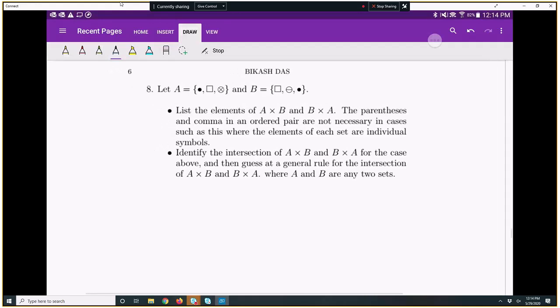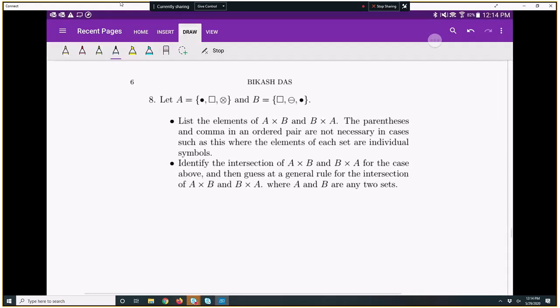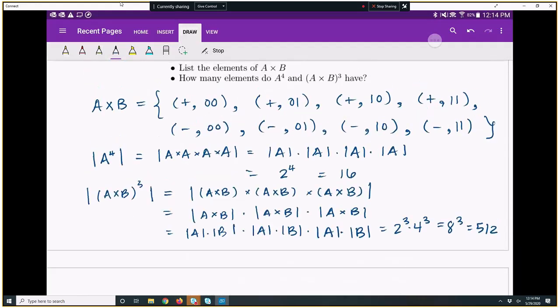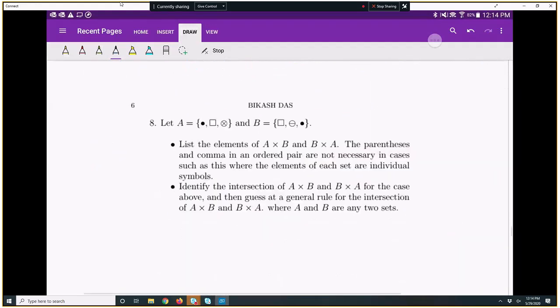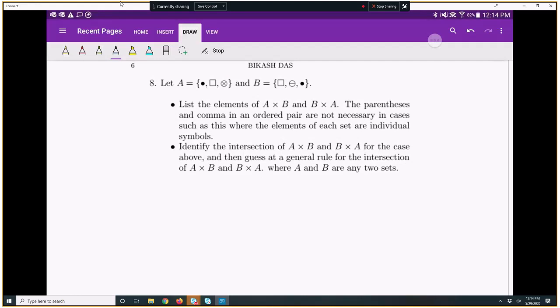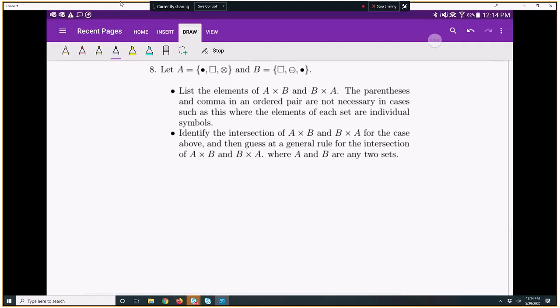So what it's saying is that instead of writing like we did before, plus comma 0 0, because I just have symbols and there's no confusion about what goes where, I can drop that notation. So I'm going to write it like this. I'll have